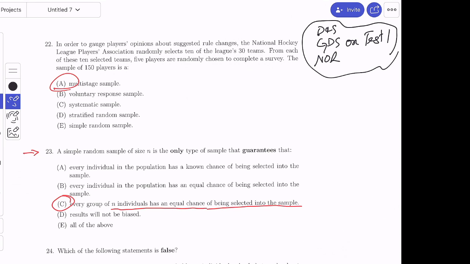So we don't necessarily, right? For A, when you think about it, remember, we can get a simple random sample from a bunch of volunteers. Now, those volunteers come from a population. I don't necessarily know the size of the population, and I can't label everybody in the population. So this just is not true.